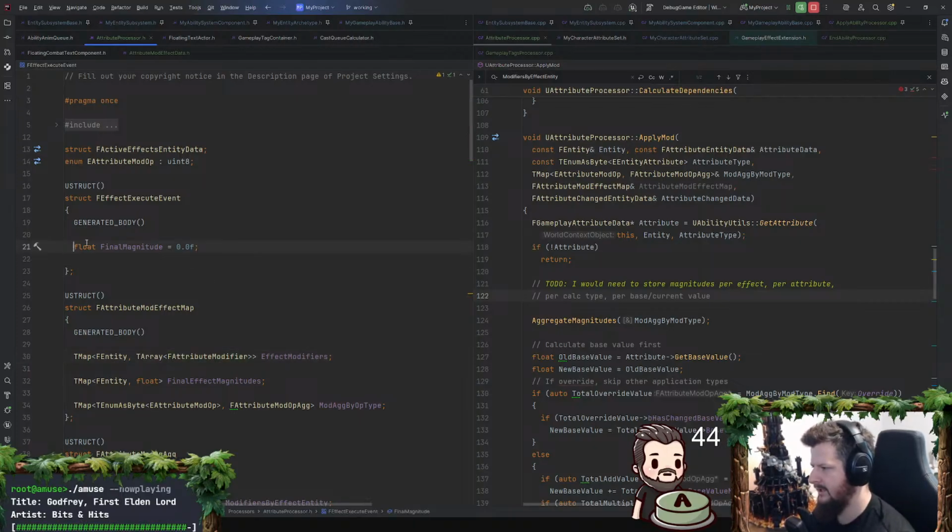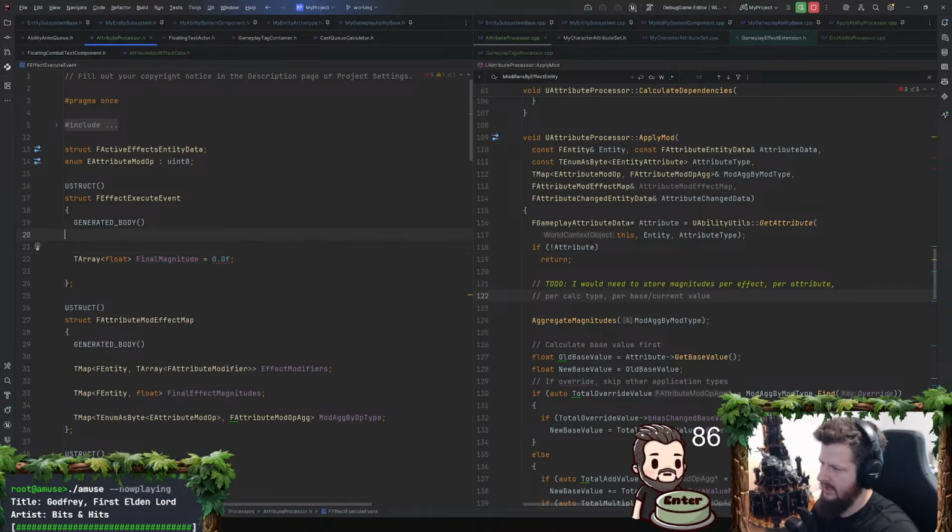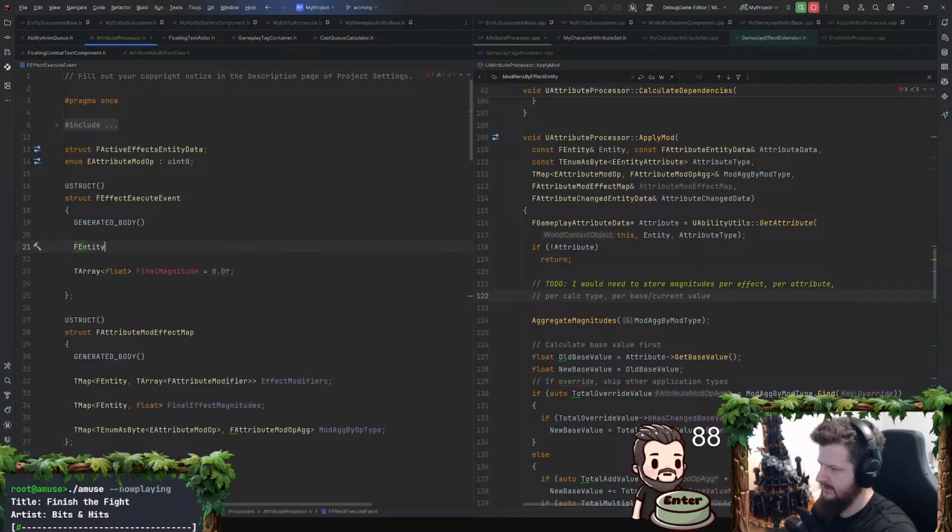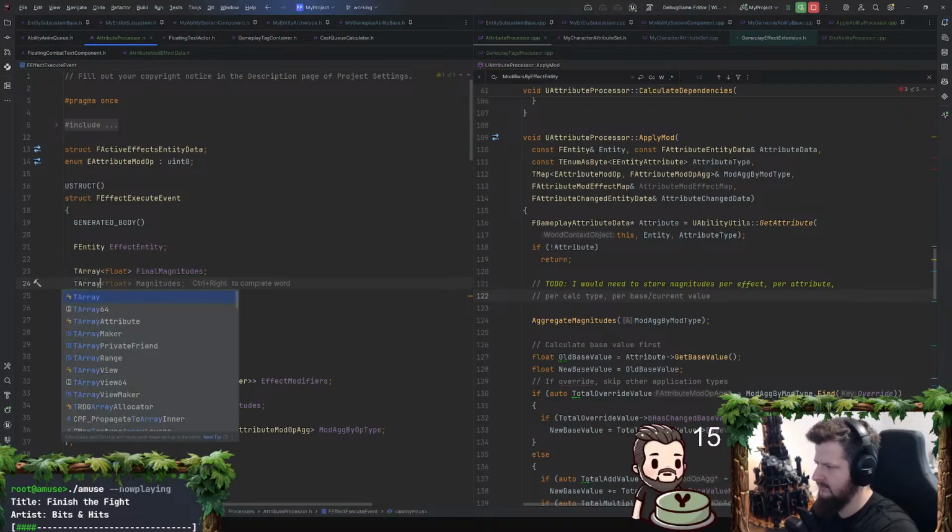So maybe I would have a TArray. I would have the F entity, effect entity, right? Final magnitudes. Maybe just do two arrays side by side.